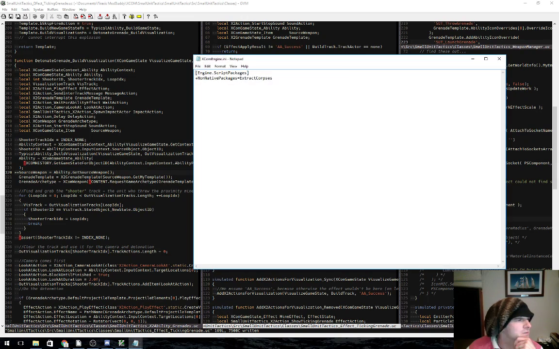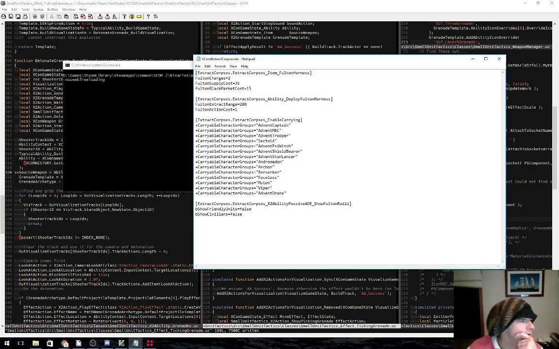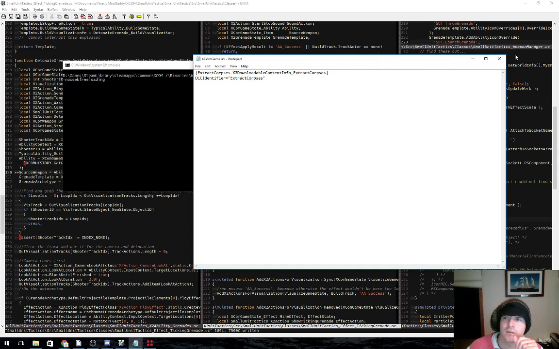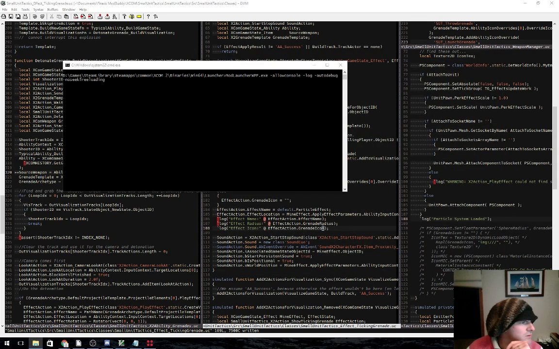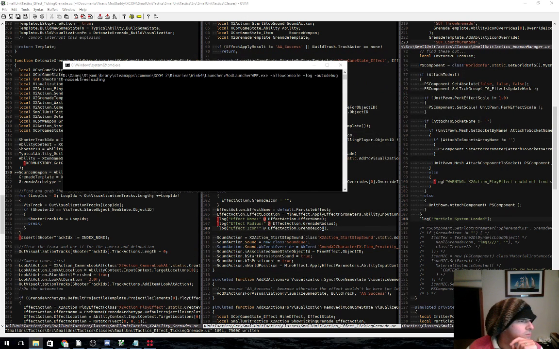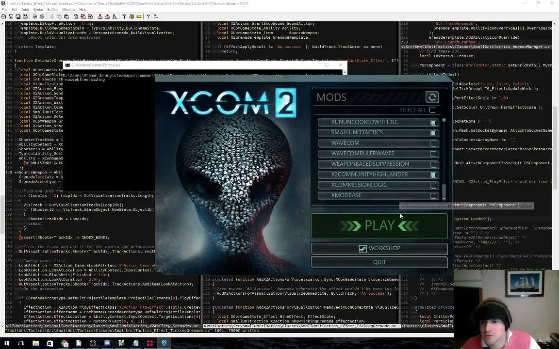See if config has got anything regarding that. Identifier, extract corpses, XCOM editor. Okay, there's nothing in there that specifically says that it's part of this. It's just extract corpses assets. So I'm assuming it should just work, but